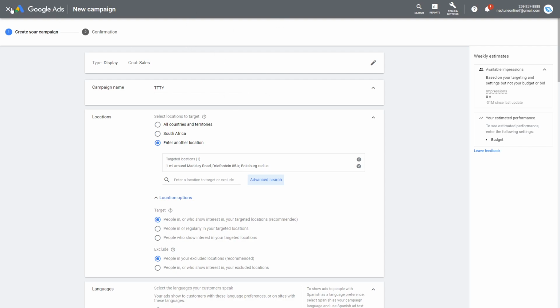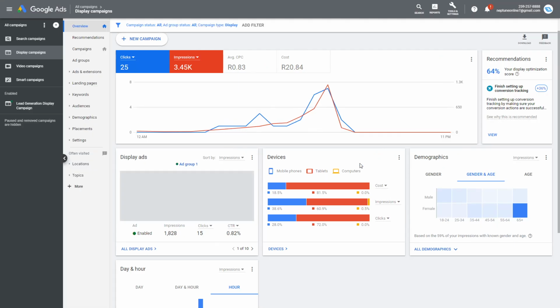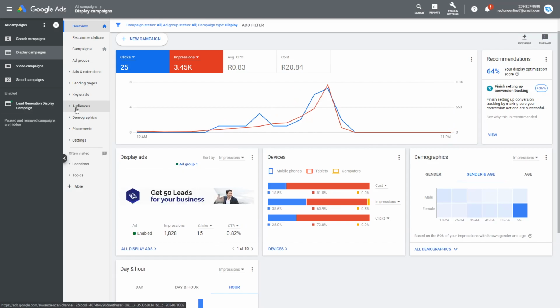Okay, so we've covered the locations, we've covered the audiences, and the last thing that I want you to check out is your ad sizes. If you have a responsive display ad setup, you should have no problems with this. Responsive display ads should not give you any problem because they actually change to fit whatever ad slots they have to go on. Whereas if you look at my ads over here,